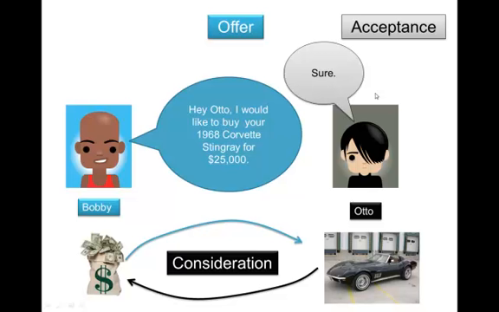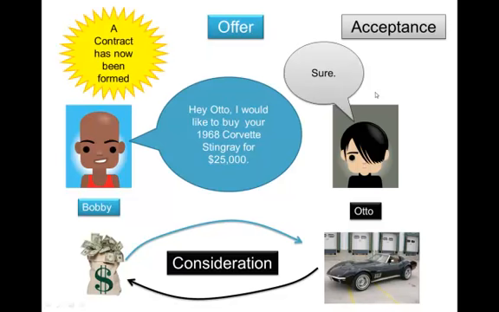The benefit-detriment language is somewhat confusing in my mind. Students often don't understand that a benefit can also be described as a detriment. So when Bobby gives a benefit of giving $25,000 to Otto, that's also undertaking an obligation by Bobby. So Bobby incurs a detriment. His detriment is the loss of that $25,000 or the obligation to provide that $25,000. Once you've got all of that, you've got a contract formed.